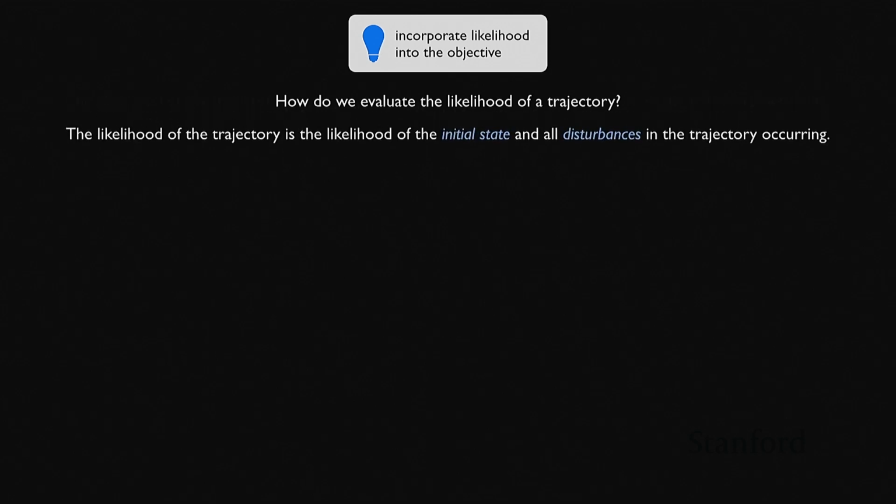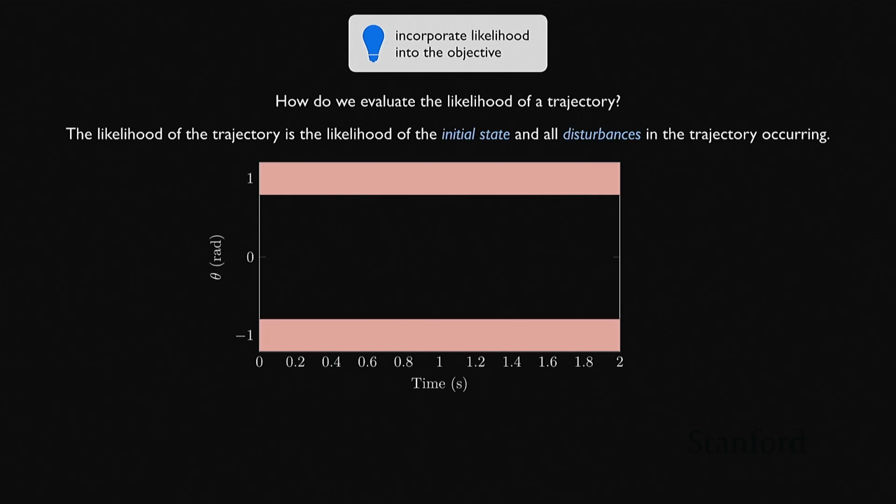We left off here where we said, okay, if we're going to do that, we now need to know how we could actually evaluate the likelihood of a trajectory. The likelihood of a trajectory is just going to be the likelihood of the initial state that we got, and then the likelihood of all of the disturbances that we sampled after that occurring. So we'll show the same trajectory we've been looking at over and over, and now we're going to keep track of everything that we've sampled and the likelihood of that occurring. We'll say p(tau) represents the probability of trajectory tau,